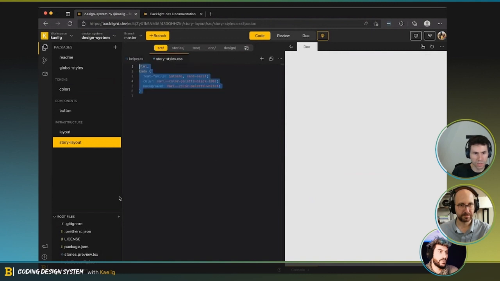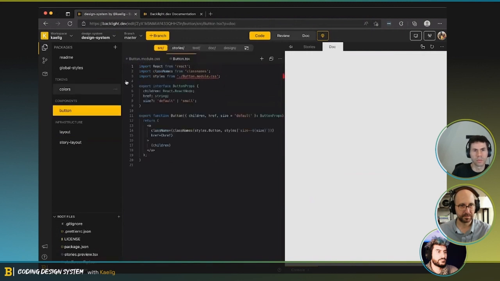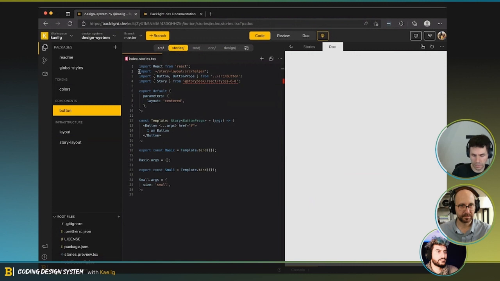So what I could do is we could simply go story layout for the moment, but this should be much better than this. Let's see if it works actually.